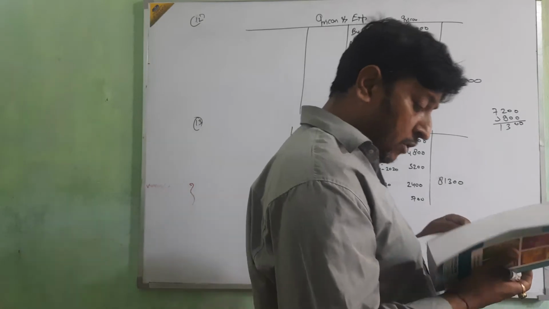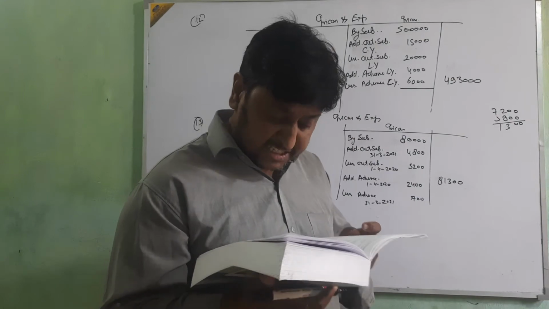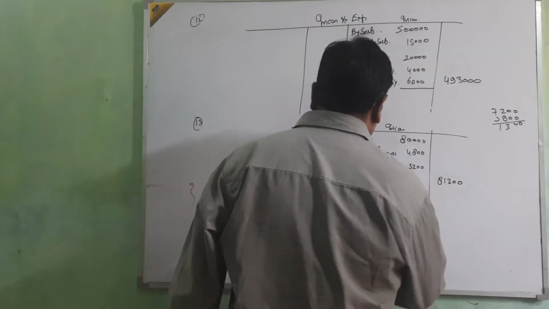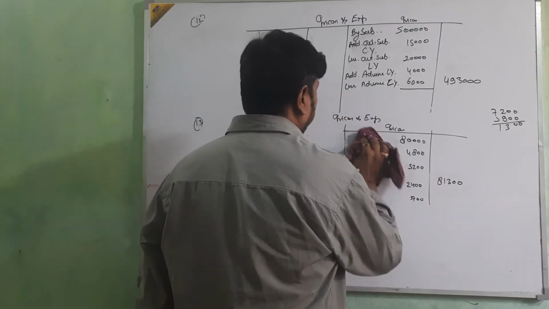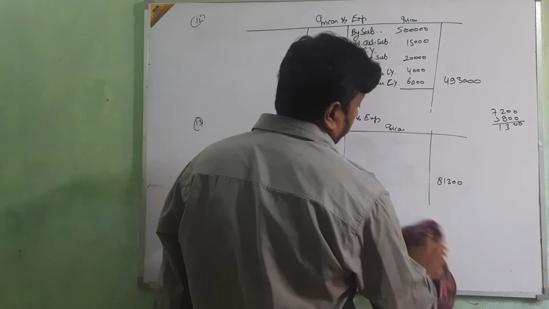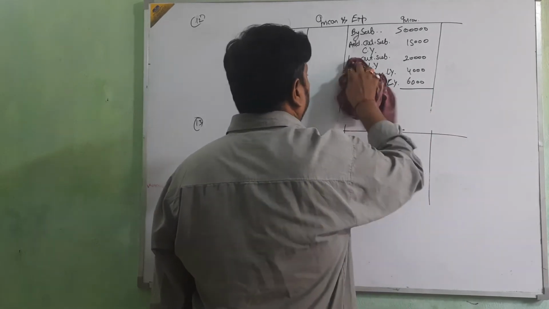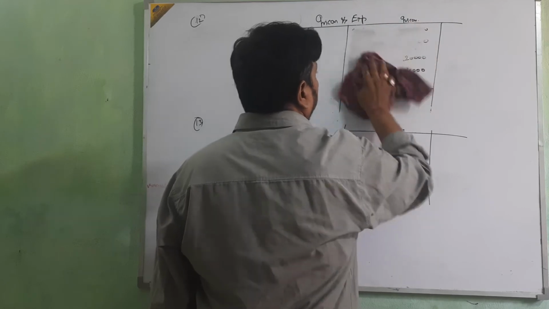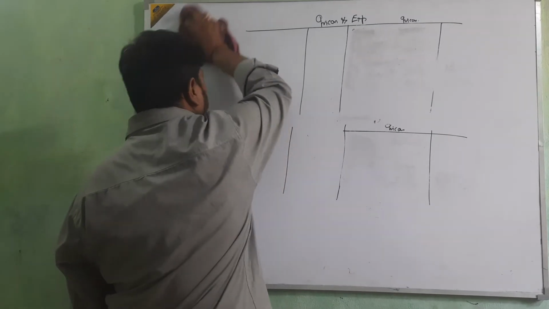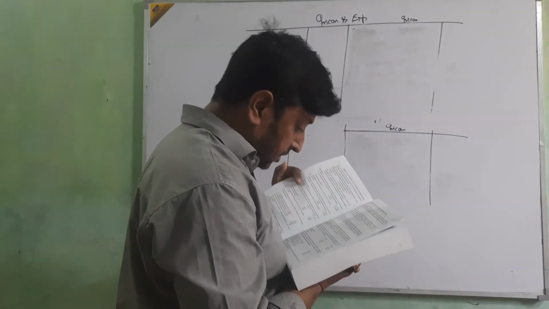Okay. Now I am going for the next topic, expenditure, or expenses. I think this topic is finished, and you understand how to present income with its advance and outstanding. Now we go for expenses, and expenses show on which side? Expense side, it means debit side. Directly go for question number 17.